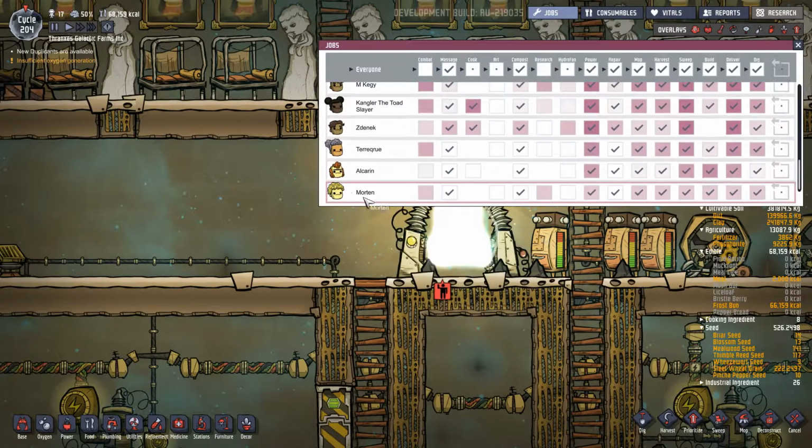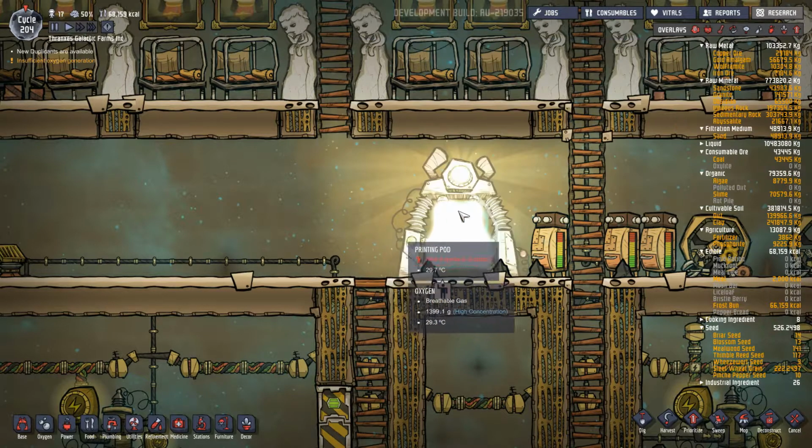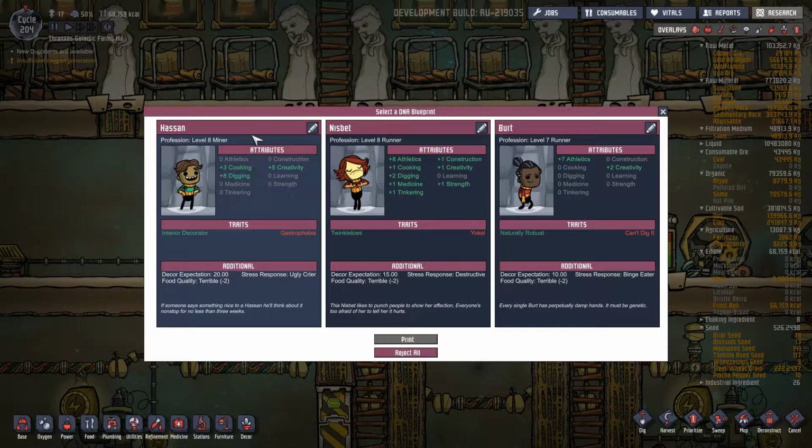So the last person on my list that I added to the colony was Morton. Because when I started this series, I said that I was just going to do it first come, first serve. Whoever commented on the videos, that's who I would throw in. So I have a list that I've been following that is pretty much the comments as they rolled in. Now, a lot of these comments on my list came in the first few episodes because they were getting a lot of comments. Well, I'm not sure how many people are still following the series, and I don't necessarily want to keep putting names in just because they commented on a video in the beginning of the series